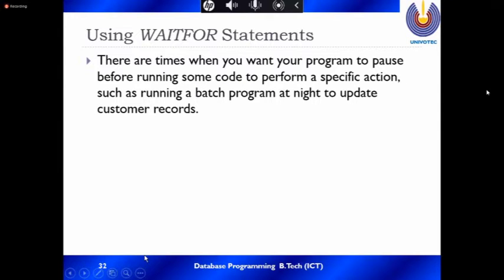There are times when you want a program to pause before running some code, to perform a specific action, such as running a batch program at night to update the customer record. Every day, the banking customer can do any transaction. Already I mentioned the transaction is